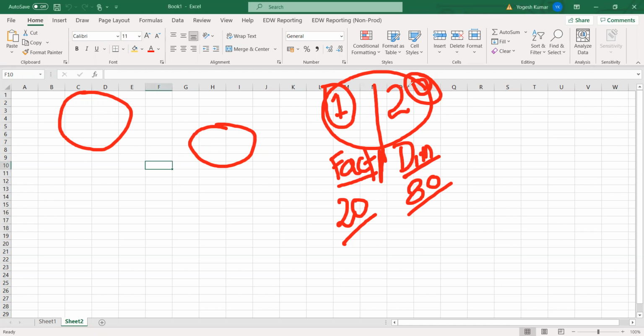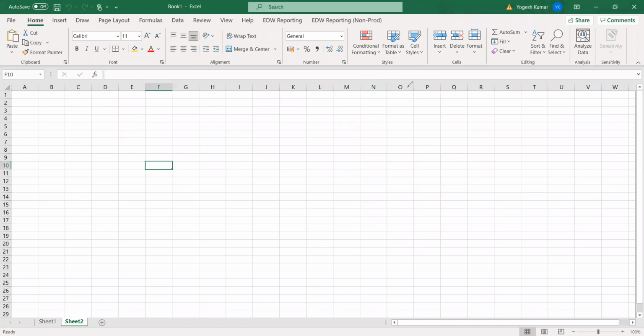Let me clear this screen. So when I'm saying two categories of tables, Monique, what is the first category? Fact. Two categories of tables, right?